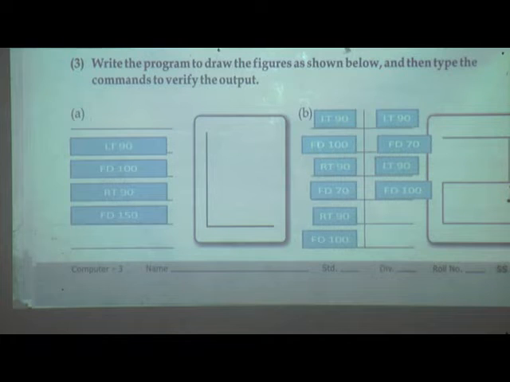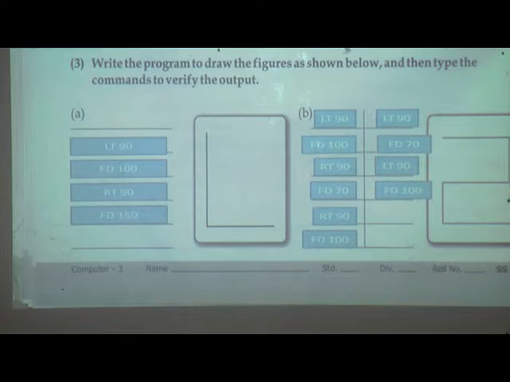Draw one single line using a scale and afterwards write LT 90, FD 100, RT 90, FD 70, RT 90, FD 100, LT 90, FD 70, LT 90, FD 100, for drawing this second shape.